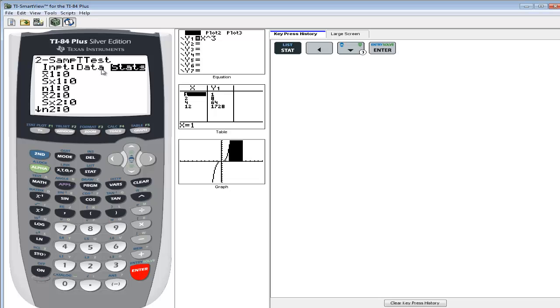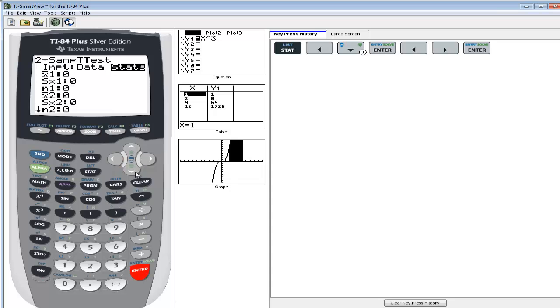Now we've got data, or we've got stats. Data is when you're given raw data. Stats is when you're given summary statistics. Well, we have summary statistics, so we want stats highlighted. If yours isn't highlighted, put your flashing cursor on stats, so if necessary, right arrow over to it and press